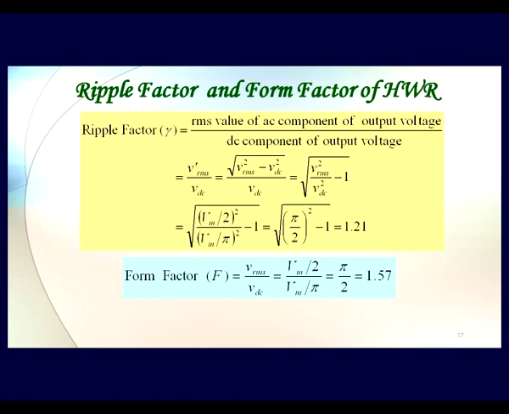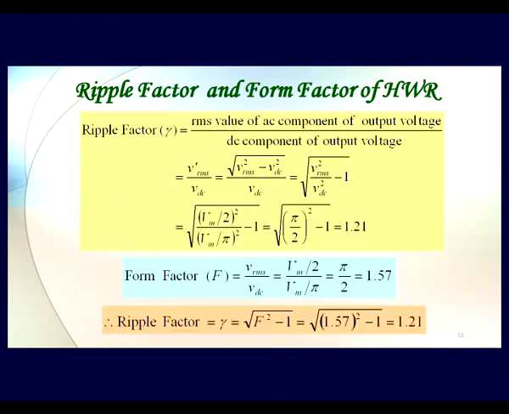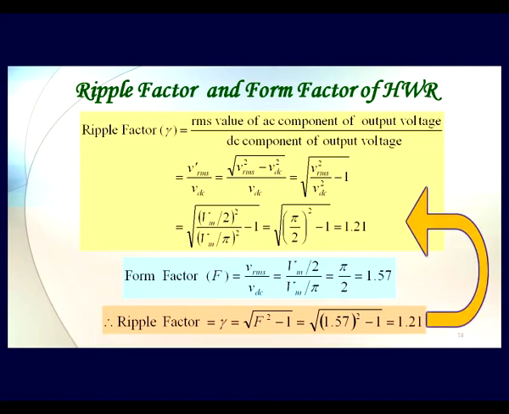There is another factor that is also characterized as the rectifier, and it is called the form factor. Form factor is simply the VRMS upon VDC. VRMS upon VDC is Vm by 2 upon Vm by pi, that is pi by 2, equal to 1.57. And if you substitute this in the ripple factor, then gamma turns out to be under root of form factor square minus 1. If you put these values, you turn out to get the same ripple factor that I got from the calculation of the RMS value of AC component. So if you don't want to do the RMS value of AC component, you can always go through the root of ripple factor in form of form factor to arrive at the same value.